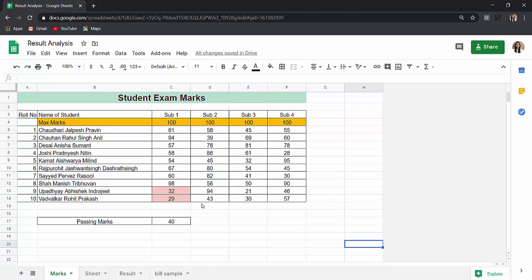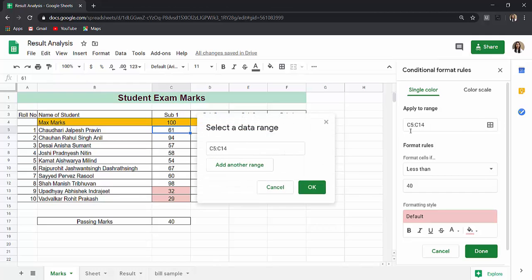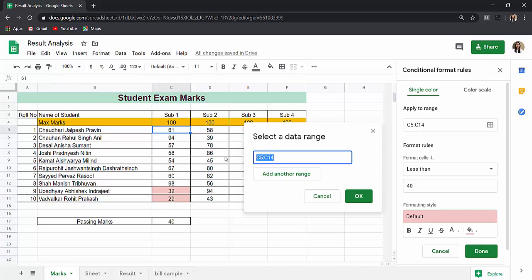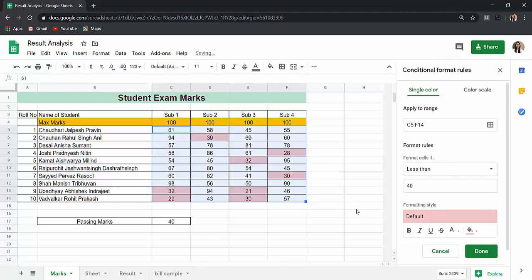If you want to apply this formatting throughout the data, just select the complete range. Again go to the editing part by selecting the conditional format rule and edit this range by clicking on select data range. So here instead of this range, I want to apply it on the given data. If I say OK, that rule is applied all over the given data. Now in this case, if I insert the marks of a few more students in the same sheet, then those rules are not applied to the newly added cells.